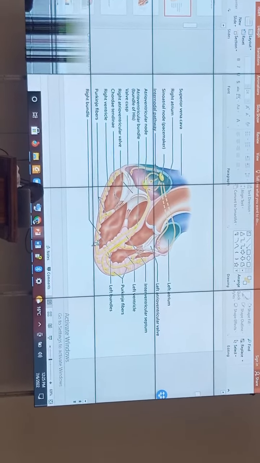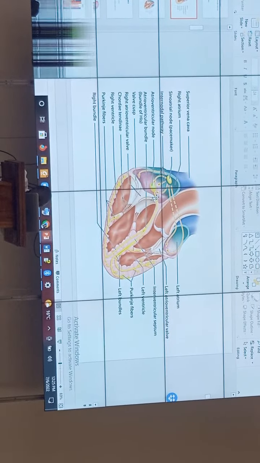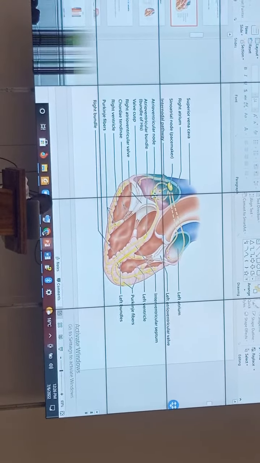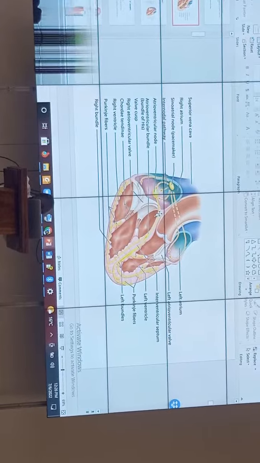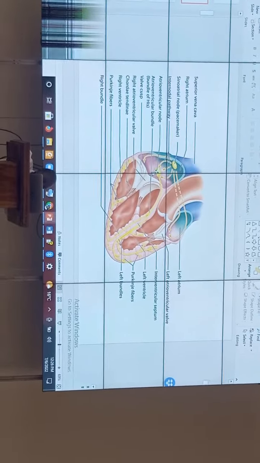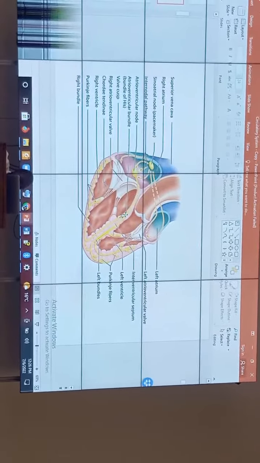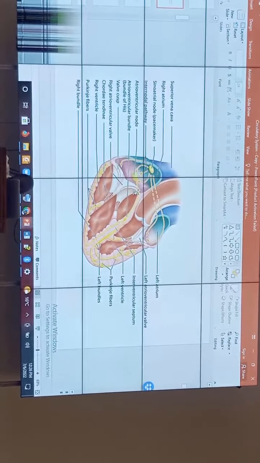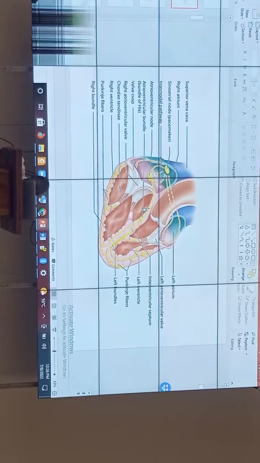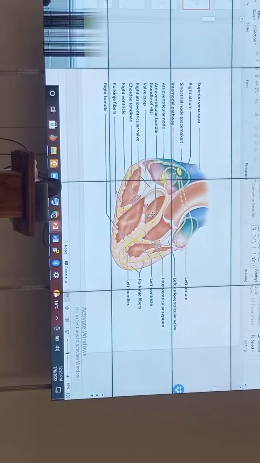We are together? But because of that insulator, that cannot happen. There's only one route through which the impulses must travel, and that is through the AV bundle of His. This guy gets the impulses, amplifies them, and then passes them to the ventricles via the AV bundle of His. Now let's follow the AV bundle of His. You see that it is actually traversing through the septum between the two ventricles. And because the septum is between the two ventricles, we are calling it the